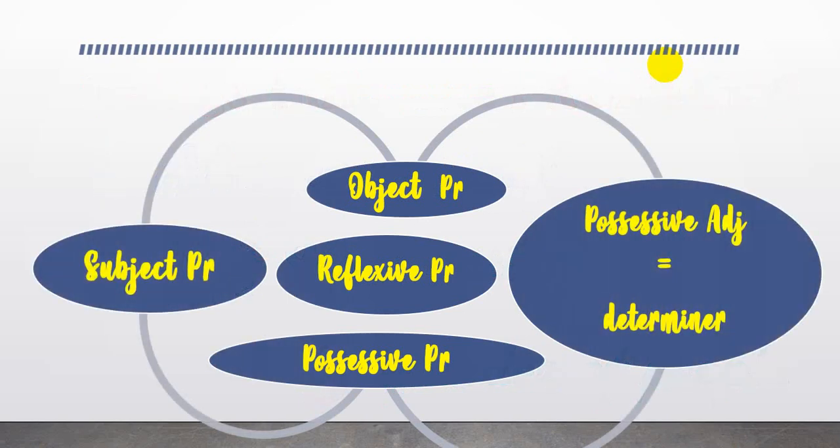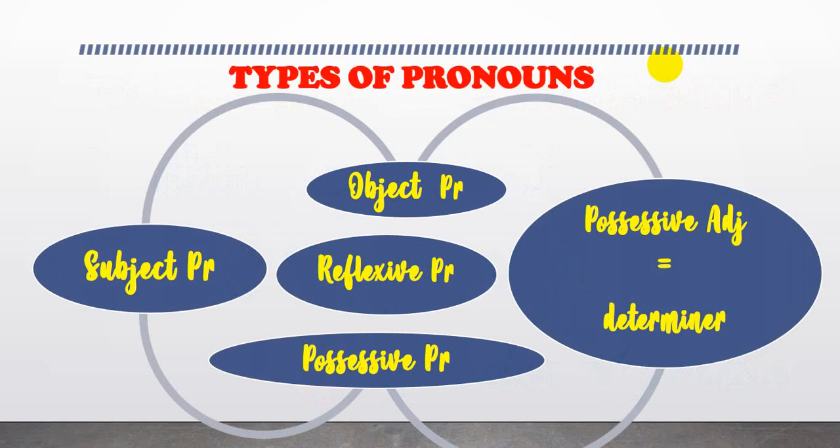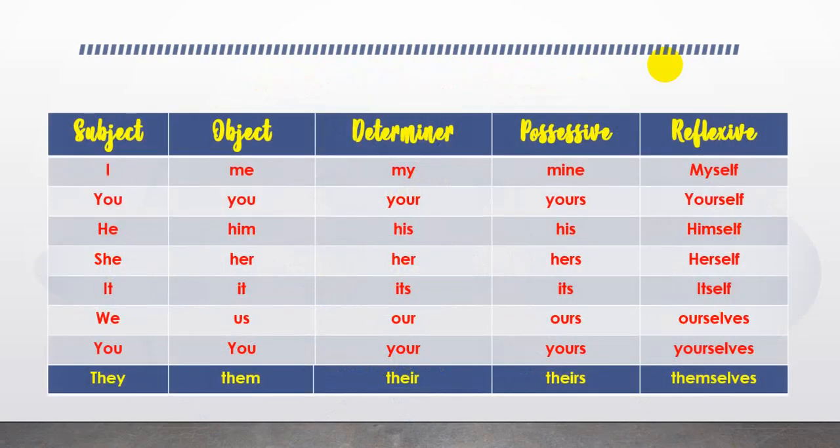Yeah, we can see types of pronouns: subject pronoun, object pronoun, possessive pronoun, possessive adjective. We have another term for possessive adjective, that is determiner, and reflexive pronoun. How are they different? Here it is, the difference. Yeah,